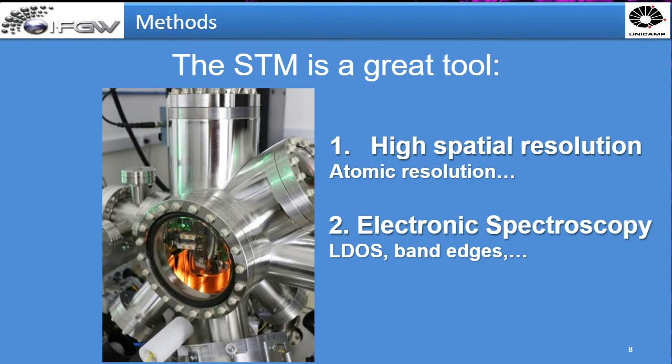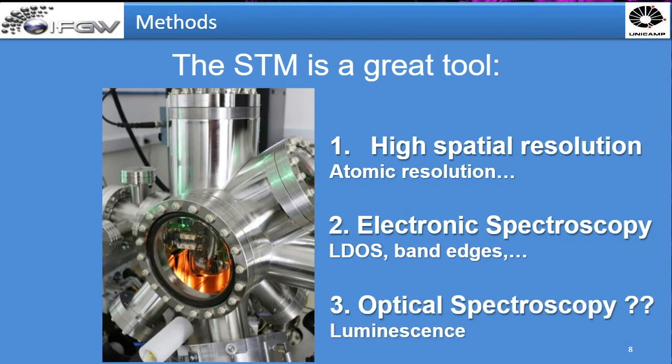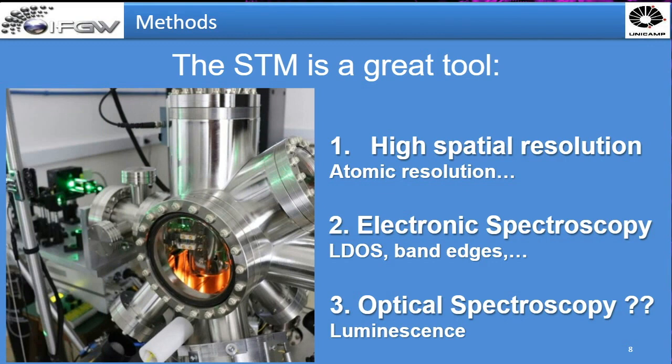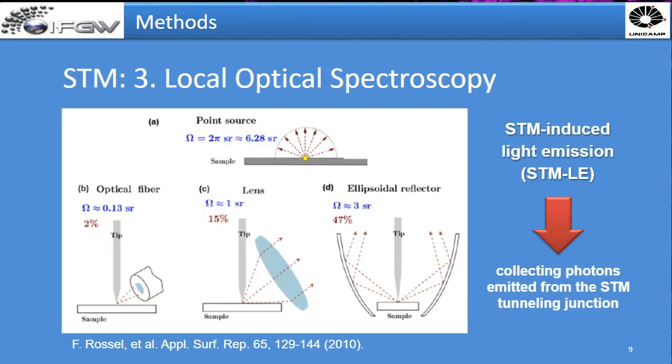A key element is missing. And the main thing about this webinar is that we can add optical spectroscopy. And for that, we need to add some optical devices onto the STM. Adding optical capabilities on the STM to be able to study morphological, electronic, and optical properties on the same sample is something that has been done already in the past. That's not really new. But that was typically done either by adding an optical fiber close to the tunnel junction,